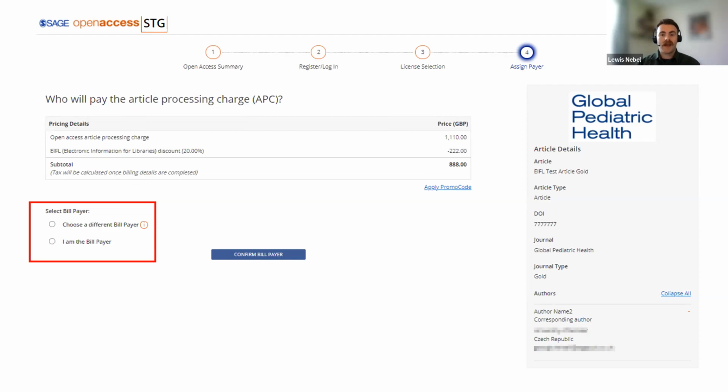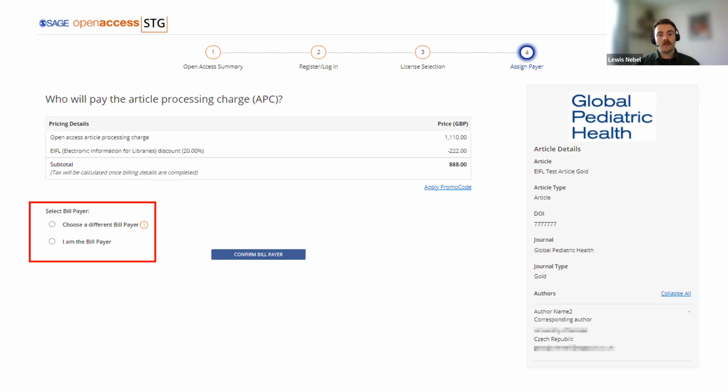And with both that centralized bill payer option and the nominated bill payer option, if the request from the author to pay the APC is declined, it will be returned to the author, and it will say the selected bill payer has declined to pay. Please select another bill payer, and then they'll go back to this screen and have that choice again.